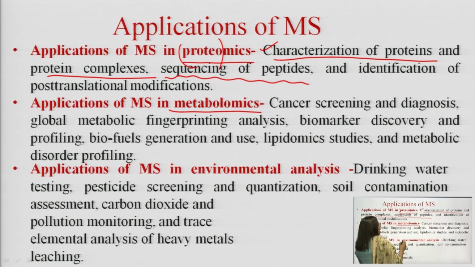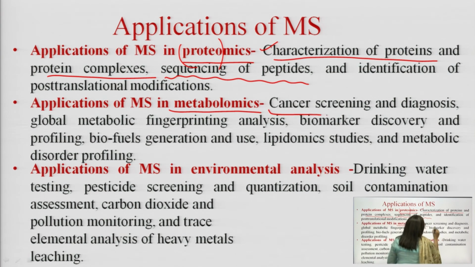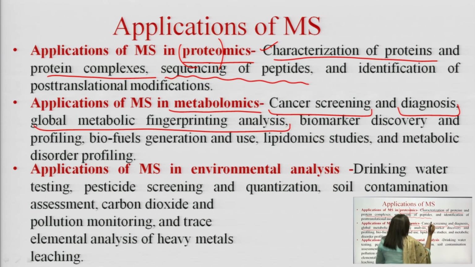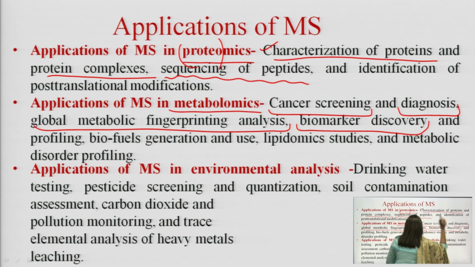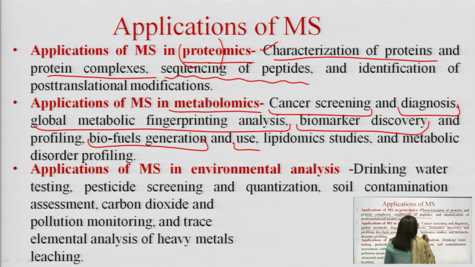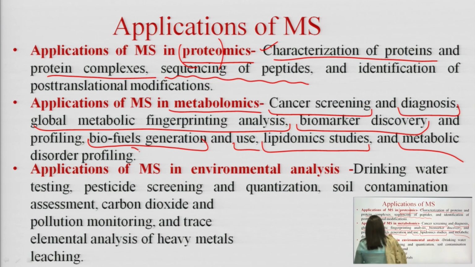So, in metabolic conditions, cancer screening in case of diagnosis, global metabolic fingerprinting analysis, biomarker discovery and profiling, biofuel generation, lipidomic studies, metabolic disorder profiling, in all of these the role of mass is